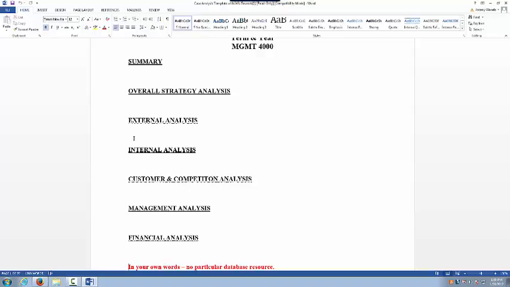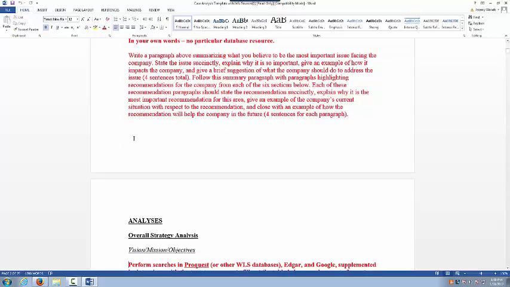So for each of these sections, you're going to look at various analyses you've done in that section, and pick one suggestion that you have overall in each of those 6 sections. You're going to state that